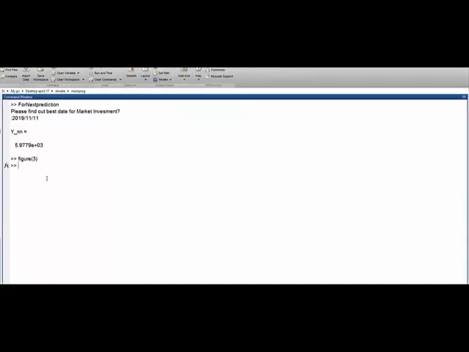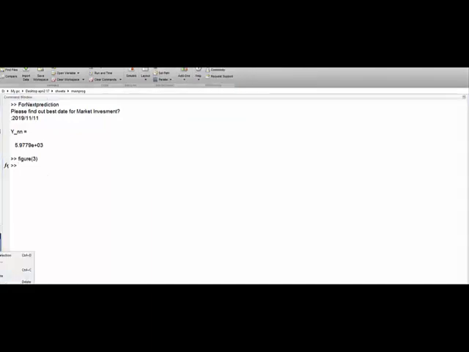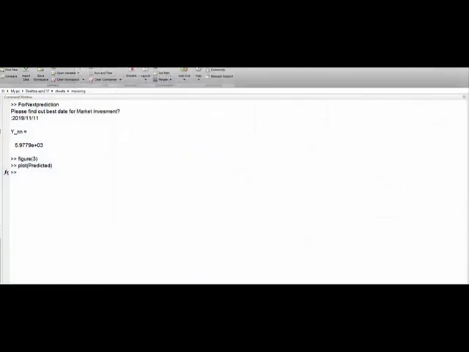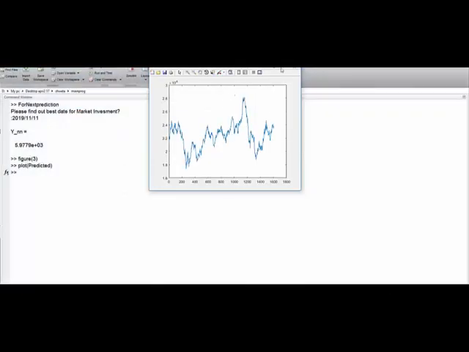Okay, and let me write it down. Plot, control V. So you will be getting a plot like this. Figure 3 is the market, and our predicted values look like this.